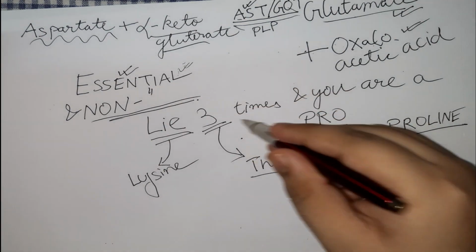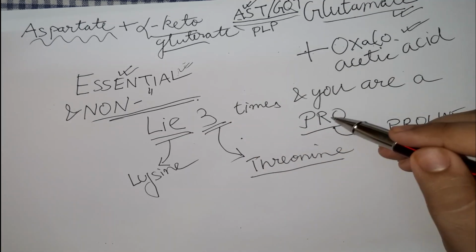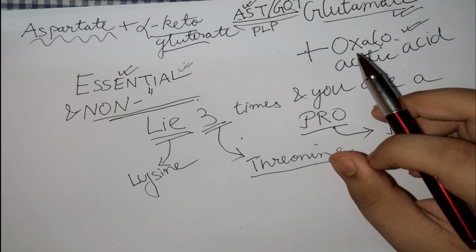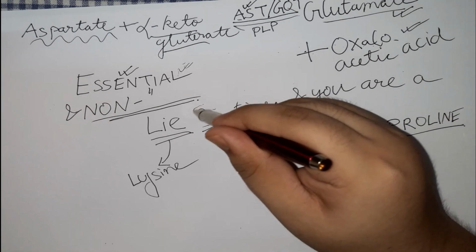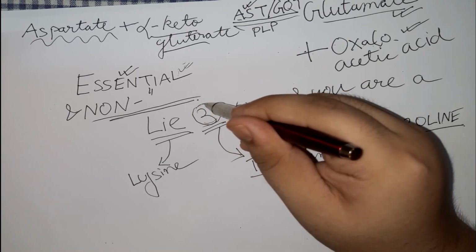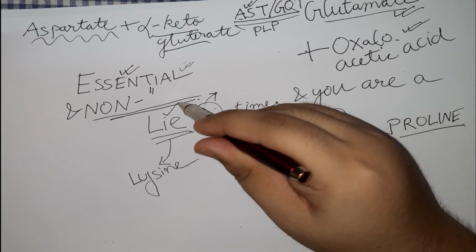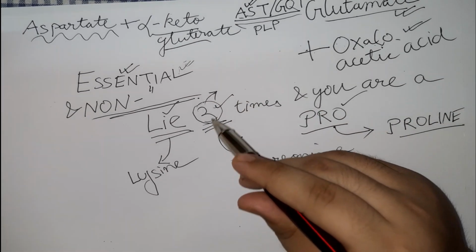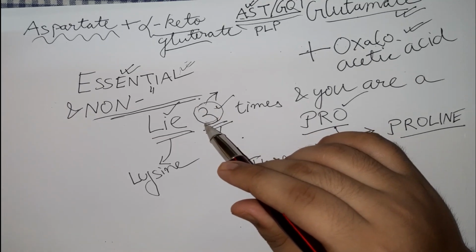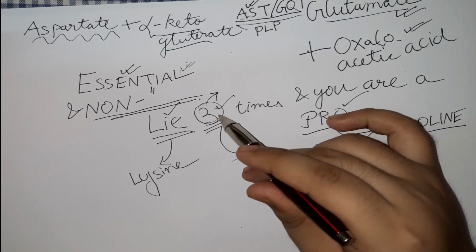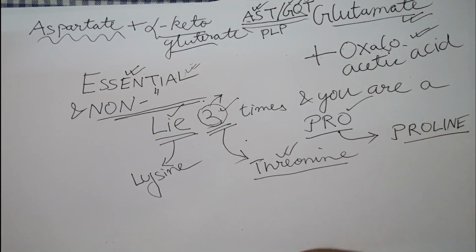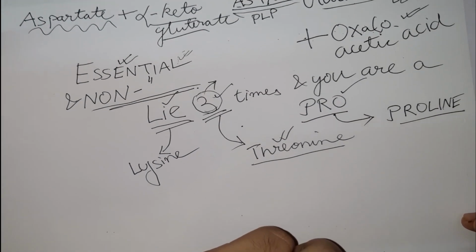So what do these intermediate words mean? These words are only there to make sense in the sentence. All right. You can also remember this by another hint, that is, you see, 3 means that the number of amino acids will be 3. Am I making sense here? You already have a 3 in the sentence, right? That means firstly there are 3 examples and 3 is also acting as threonine. All right, I think this is a multi-purpose mnemonic if you ask me. Okay, anyways,